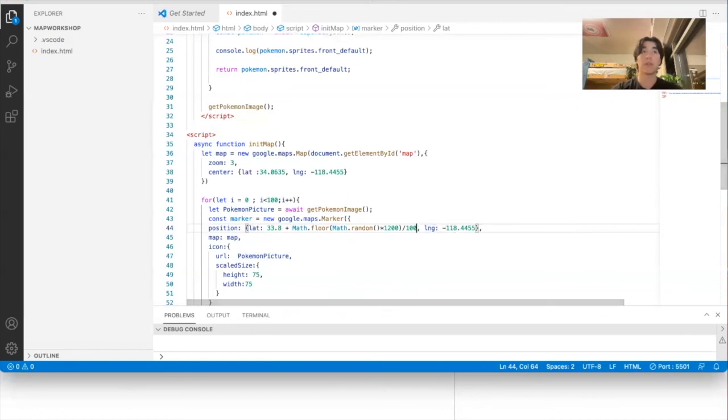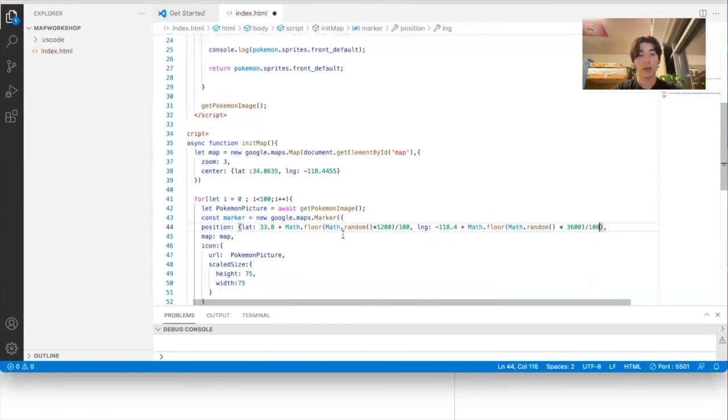And we'll do the same thing with longitude. So we'll do 118.4 plus 4, Math.random times 3,600, divided by 100. And now, if we run that,